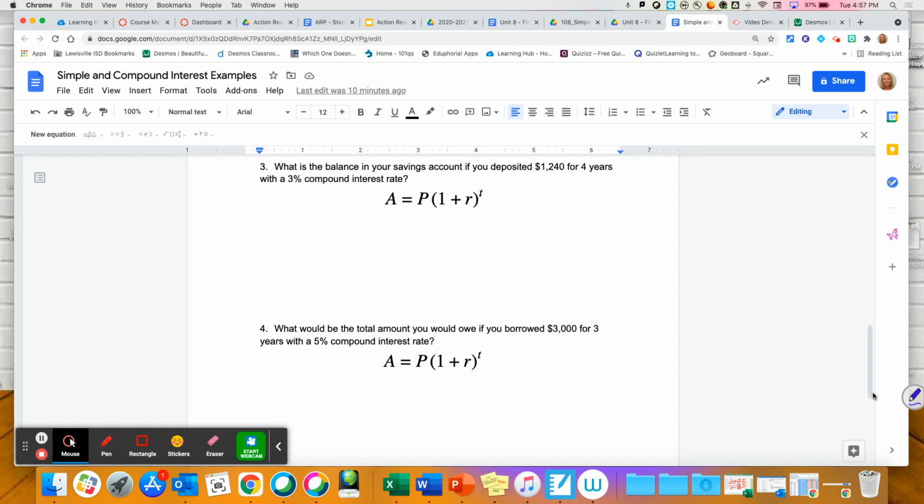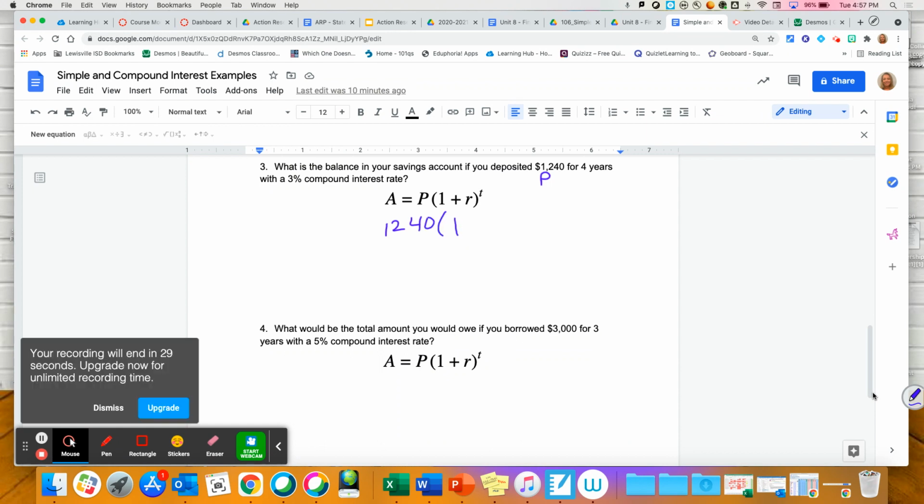Same things apply. We're going to actually plug the numbers into our formula. We've got a principal of $1,240. In this formula, you've got parentheses and then a 1